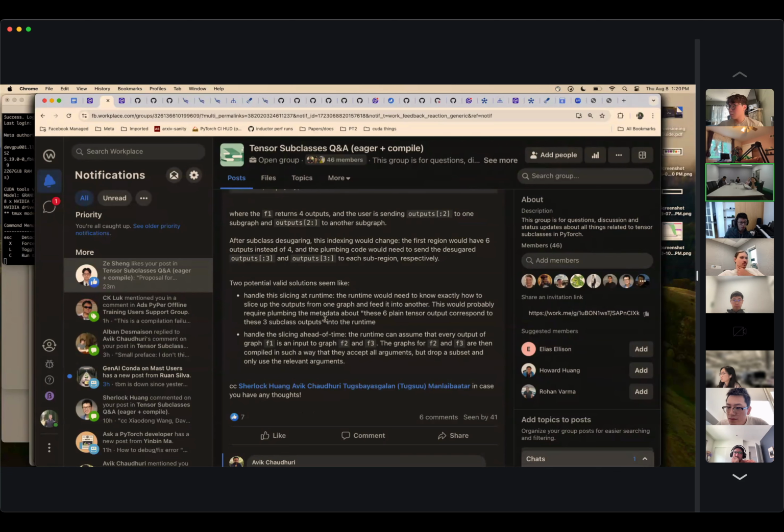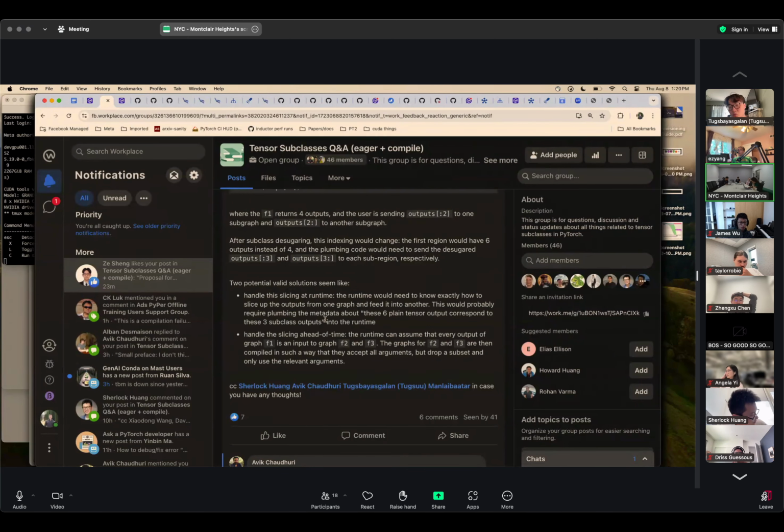Which is pretty similar to this case with subclasses. One thing we can do is, in the same way that when we export we flatten the inputs and outputs and then record that metadata to help you unflatten it, we can give similar metadata for subclasses. Our graph now returns 10 flat tensors, but also here's a bunch of metadata telling you that you can now reconstruct the 2 subclass outputs from these 10 plain